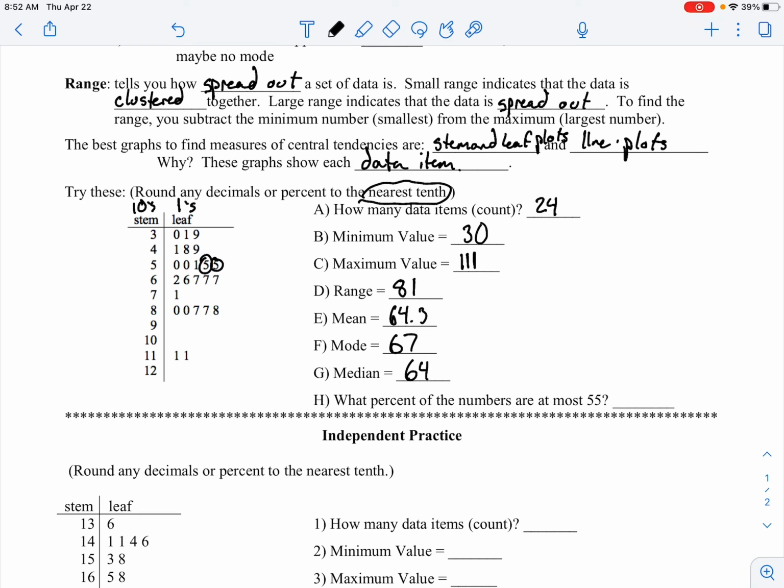So we've got 55 and 55, there's 2 of them, 51, bam, 50 and 50, so everything that is smaller than that, we're going to count. So we've got 2, 4, 6, 8, 10, and 11. And looks like 11 out of those 24, which is going to give us